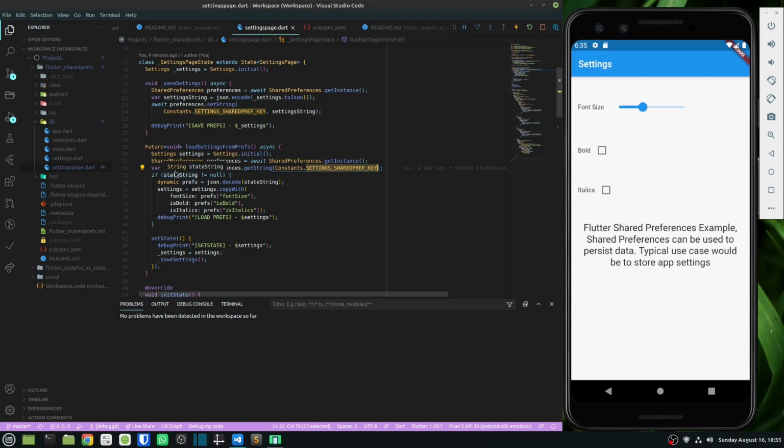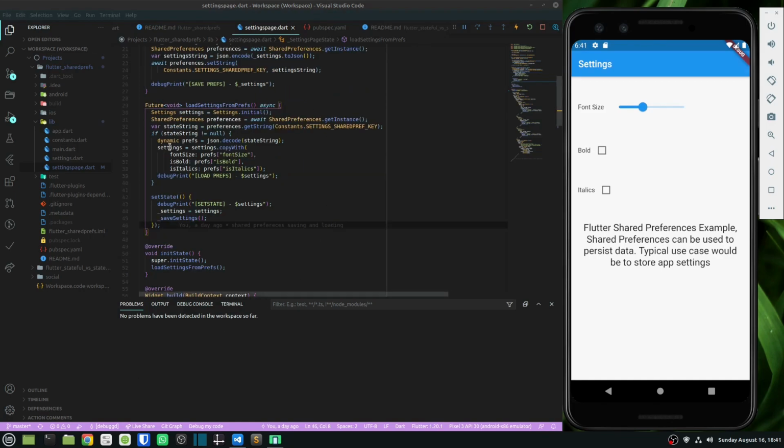And once I have the JSON string, then I call the json.decode method to decode the JSON string into a dynamic object. And using that, I update my settings object by copying the parameters that are available in my dynamic object. And once my settings object is updated, I call the setState method to apply the new settings and update the UI.